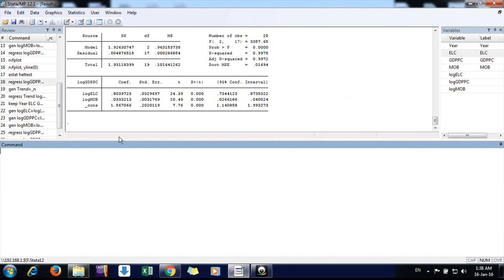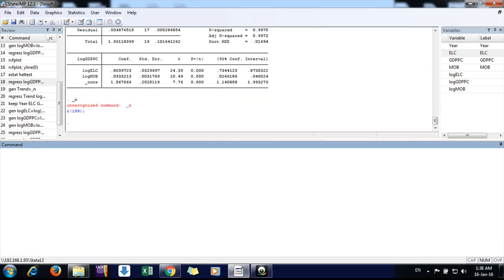For that, what we know here in Stata is that underscore n is the command for the count function. It gives the number of observations as a sequence. Like suppose here we have 24 observations, so by using underscore n, we get 24. It's not showing, just for the purpose that it holds the number of observations. So we can create a sequence along that. So how to do that?